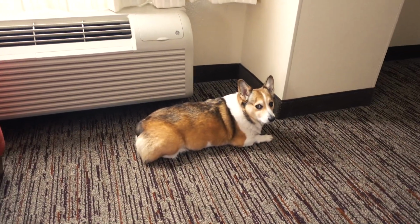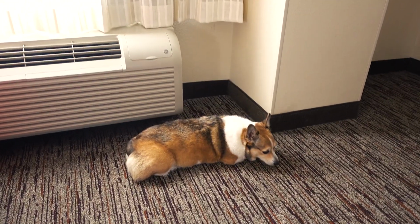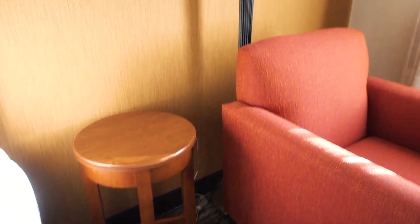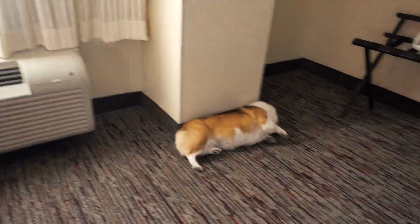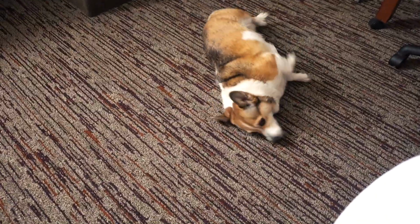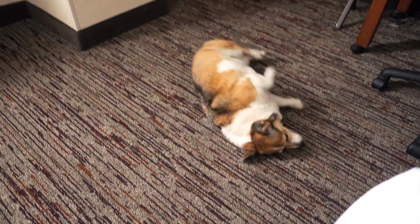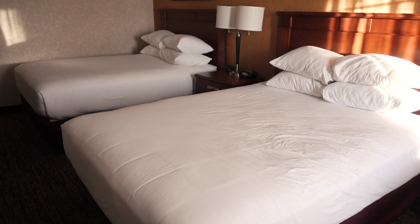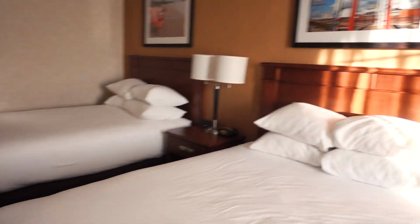Kuma's right there, and she was enjoying the carpet as usual. Over here is a lovely accent chair and a little side table with a lamp. Oh, there she goes again. So yeah, I got 2 queen beds. I laid on it just for a little bit. It felt pretty comfortable. Seems pretty quiet. We are right next to the interstate, and lots of stuff going on, but I don't really hear much,